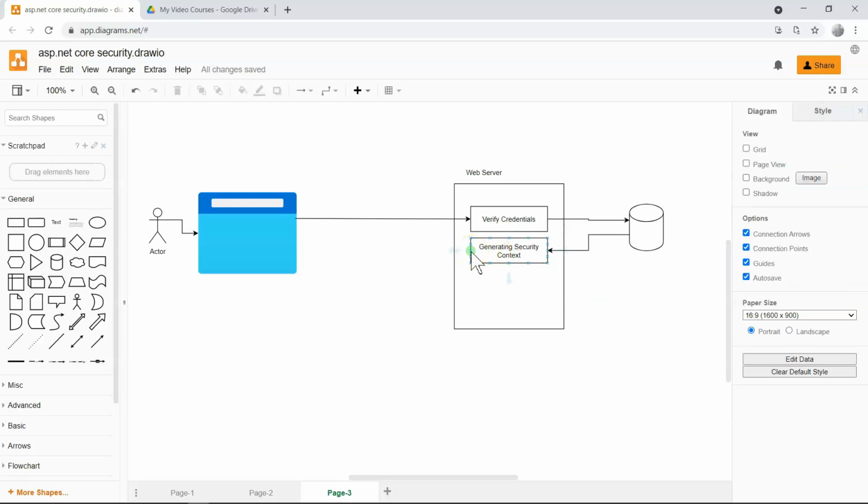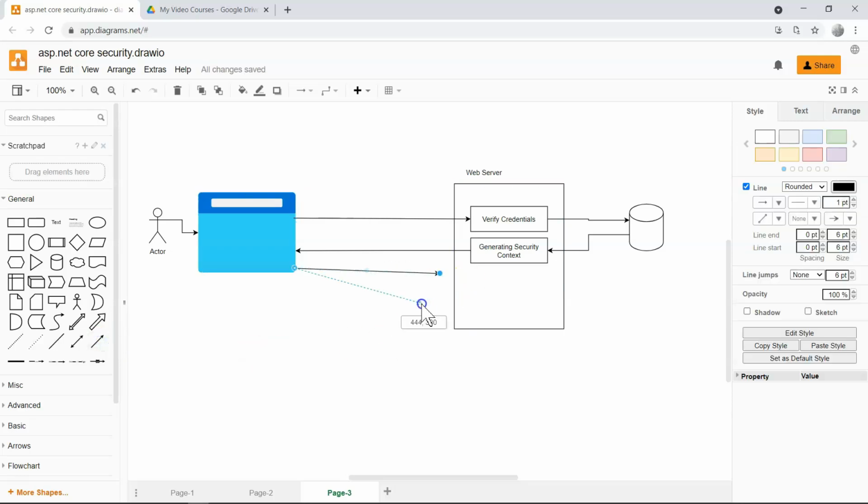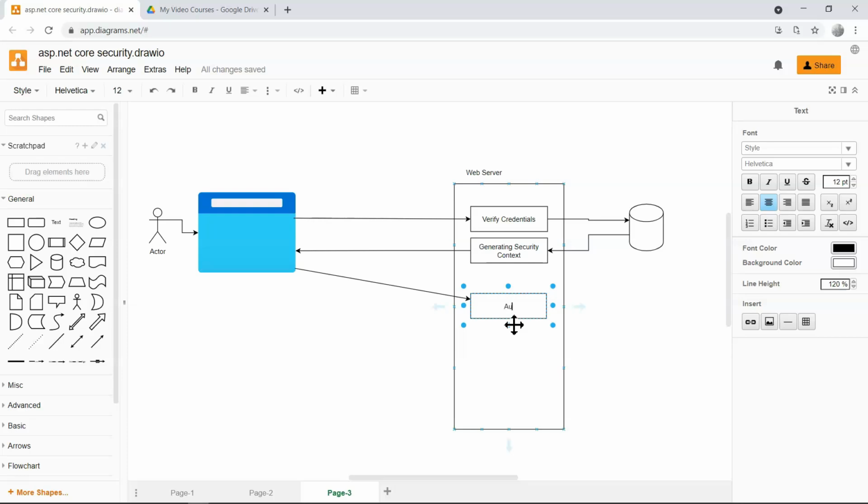So let's imagine this is a normal cookie authentication, which is very suitable for this web application. Then this serialized cookie will be contained in the HTTP response and returned back to the browser. The browser will then redirect the user to a different page. And including that redirection, every single subsequent HTTP request will contain that cookie. So let's use another arrow to represent one of the subsequent requests, and then this rectangle will represent the authentication